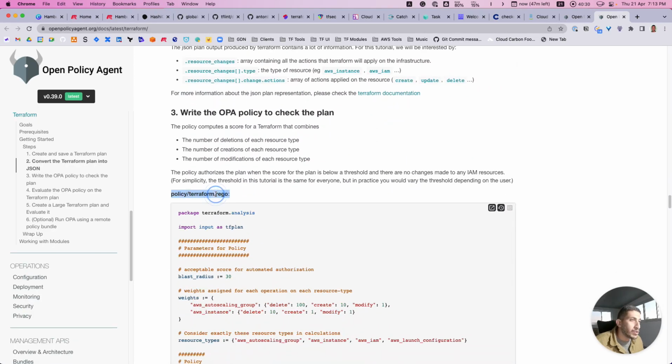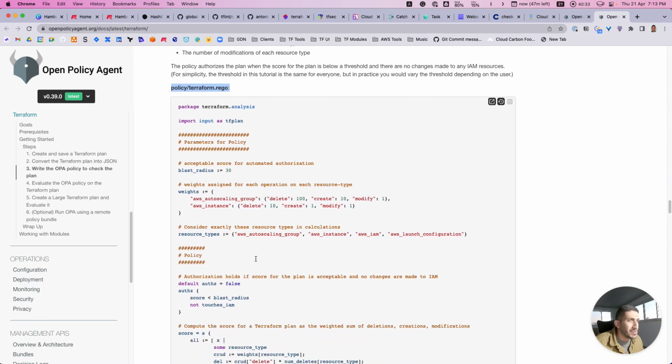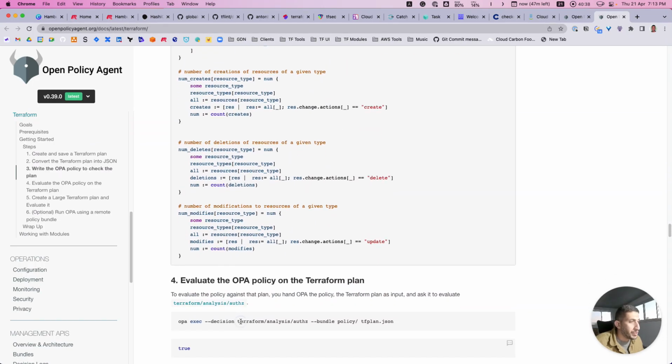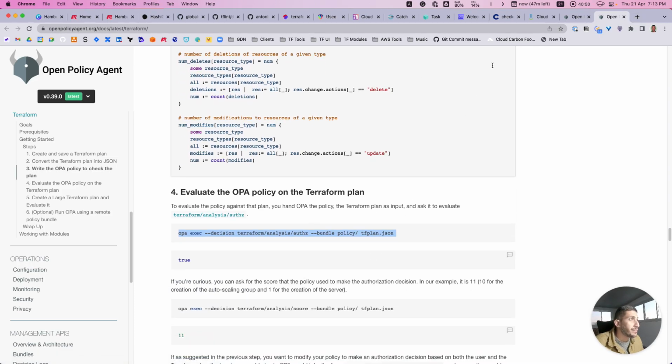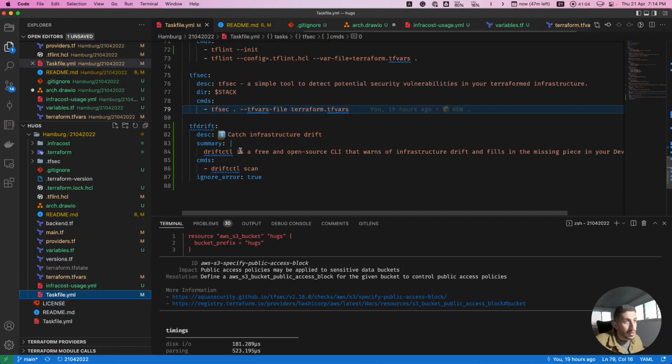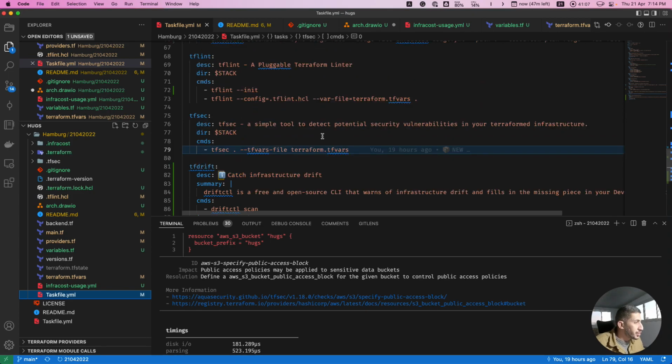It's written in the Rego programming language. It's just a simple, straightforward one, nothing fancy. So you can write your own, and then at the end run OPA to evaluate the policy. There are a lot of examples, and there is also Rego that you can use with that. So feel free to add your own policies and include these in the pipeline. But for now, at least for us, to keep it simple, at least use a security check, so you can find where you can improve your security.